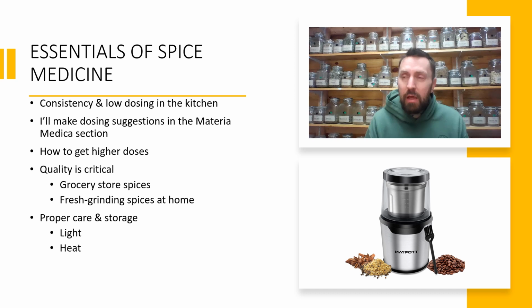Why low dosing? Because these herbs are strong, right? The volatile oils are strong, the essential oils are strong, the alkaloids are strong. And when people overdo some of these spice herbs, they can end up overcorrecting and causing more problems than good. So I'm a fan, when it comes to spice medicine, of considering this food as medicine. Consider, next class when we talk about all the different spices, if there's one or two that stand out to you,